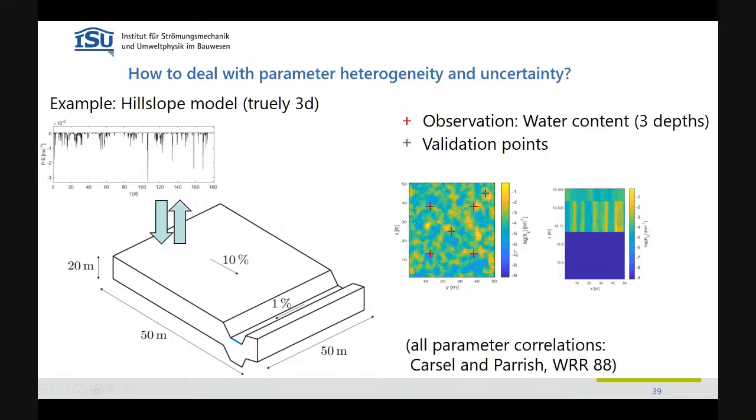And the soil is heterogeneous. Here are the parameters in a horizontal cut, and it's not realistic, but heterogeneous. And again, we have boundary conditions, inflow, outflow at the top, and we know everything else. And here is a cut, so we have on the bottom a bedrock, and then come 2 layers of soil. And again, the parameters were chosen from the tables, and they were also intercorrelated according to the tables. We had, let's say, 3 layers with observations at 4 points, so 12 observations, and we were looking at 2 validation points to see how good our predictions are at locations where we don't have observations directly.